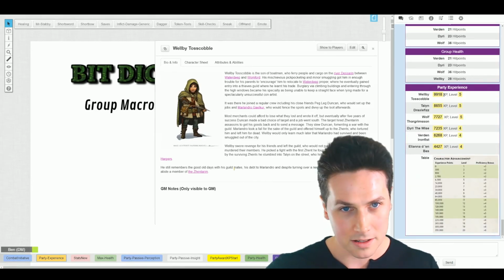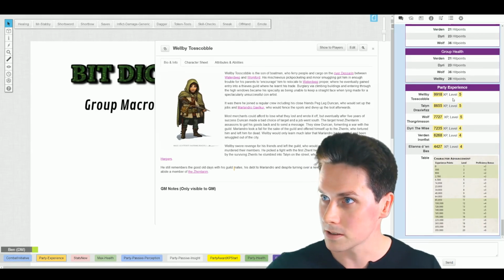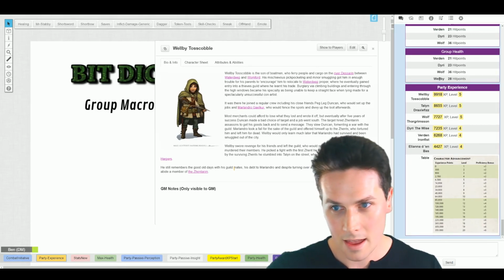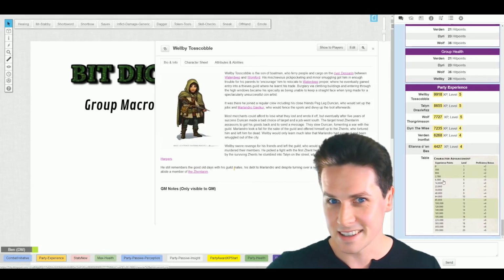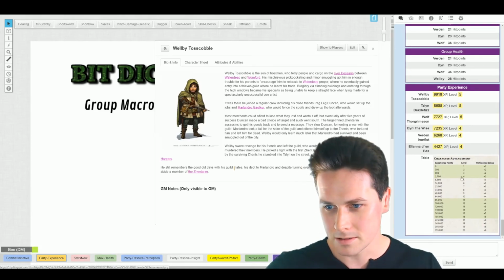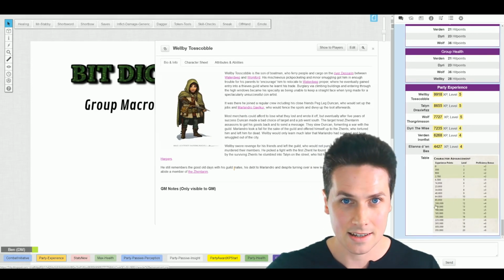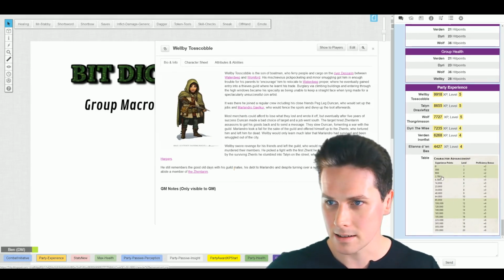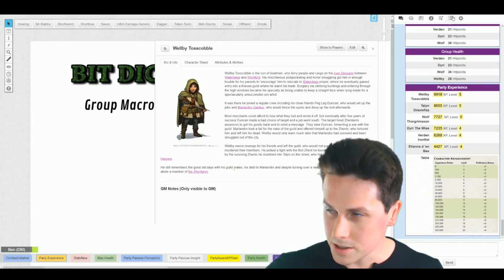That displays the party experience much in the same way that I just did the HP there. Again, these values behind the scenes are just like the HP value, belong to that character. I can see what everyone's experience is at any point, and you can also shove images into these macros. So I've, rather than type out every single XP value, I've just taken an image via a URL from some website that just has all the levels and proficiency bonuses in that, so that it's easy to refer to. So I've just saved my macro,